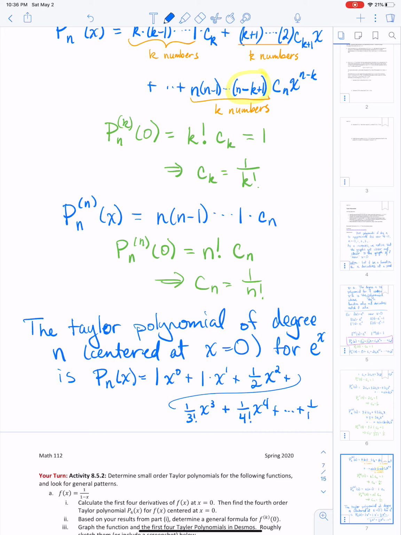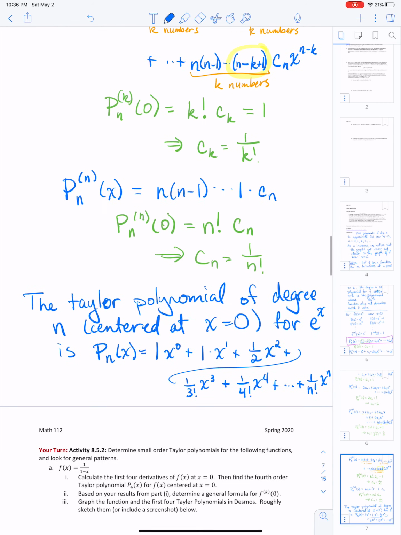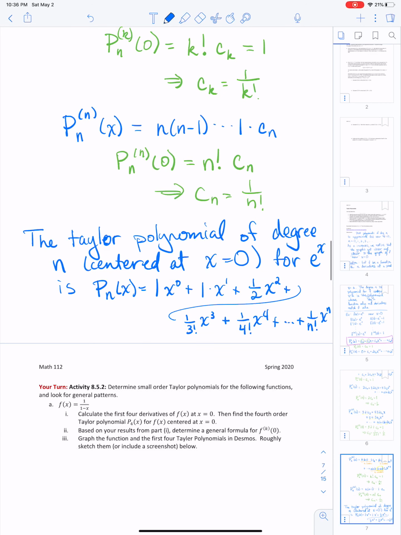Plus 1/n factorial x to the n. And so these are what these polynomials are that are approximating the function e to the x to higher and higher degrees of accuracy. So I had mentioned that